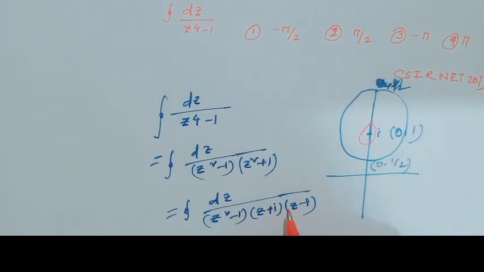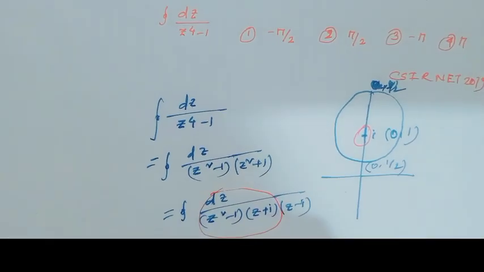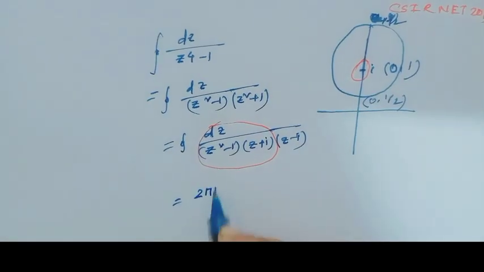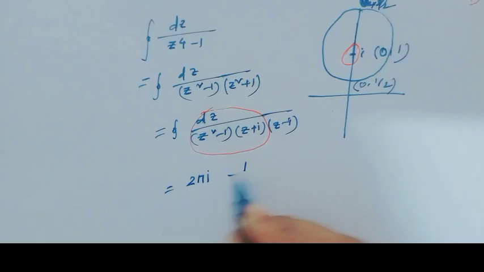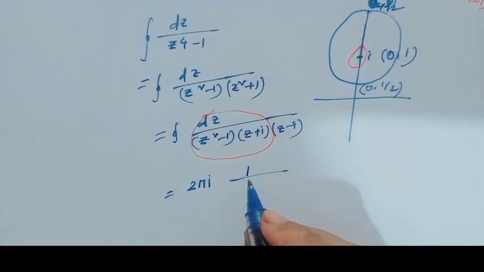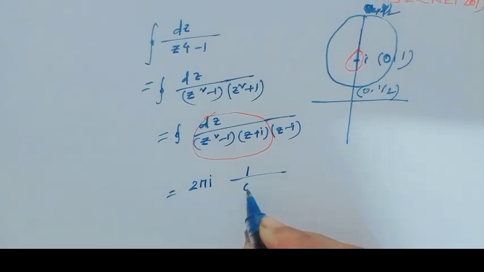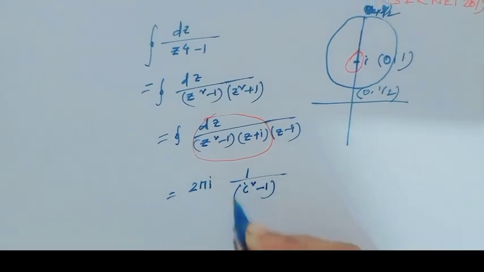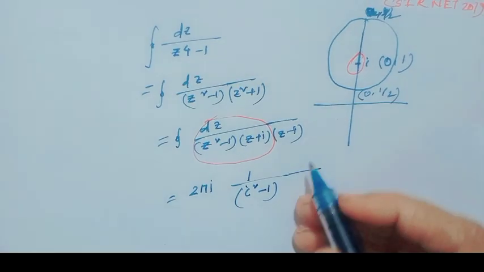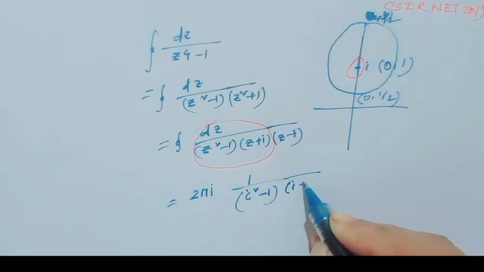Now put the value of i in here, then the integration would be 2 pi i. Put the value in z square minus 1, that means i square minus 1,